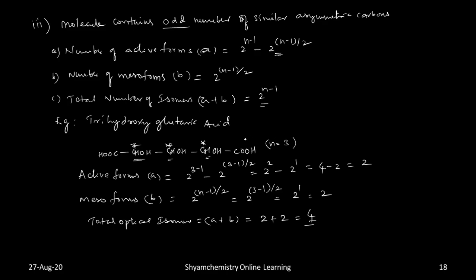for this molecule, write this molecule in Fischer projection formula. You will get all those 4 molecules. 2 active forms means 1 enantiomeric pair. The other 2 are mesoforms. Okay. In these 3 methods, we can calculate the number of optical isomers possible for a particular molecule. Okay. Next, coming to the next topic,